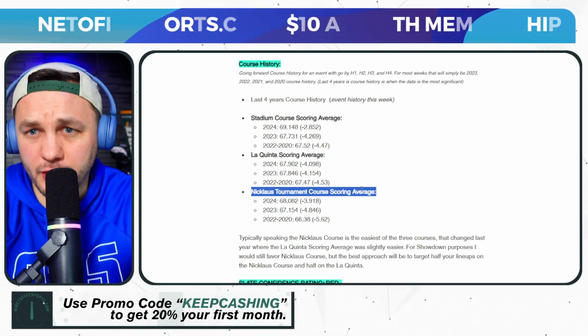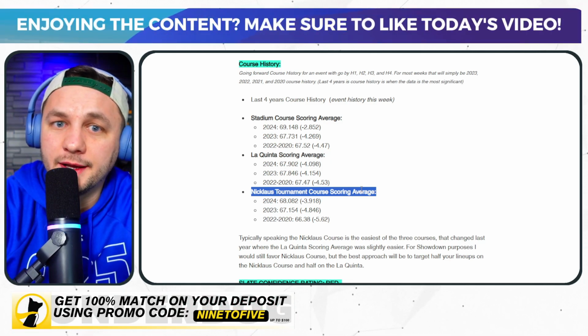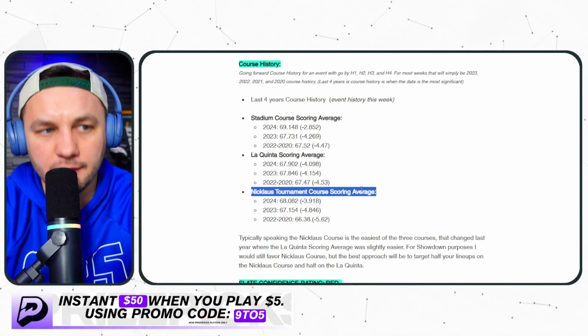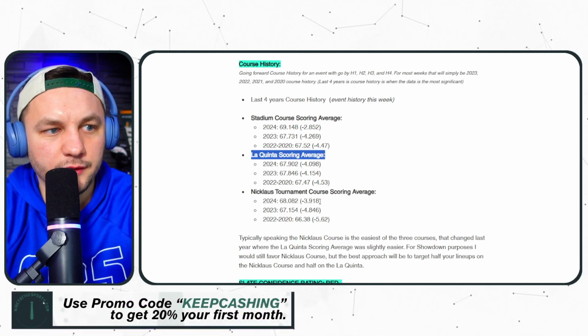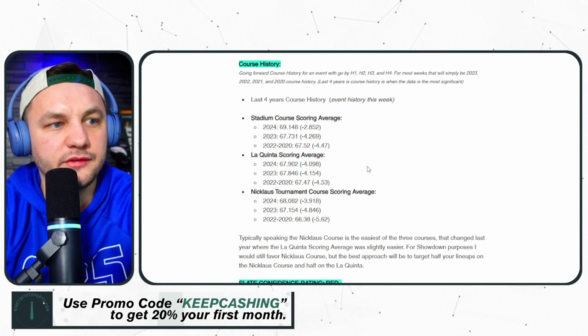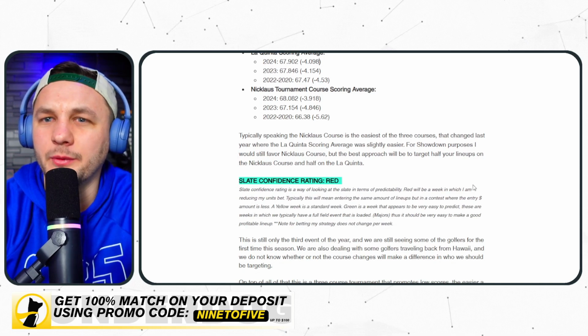So maybe if you're doing showdowns, you want to be targeting that, or maybe a lot of under bets for lower scores where you're hoping that they score lower or make more birdies. You'd want to be targeting more of the Nicklaus course. Now, last year we did see that slightly change, where it was only almost like 3.9 under par, whereas the LQ course was much easier to score on. So a little bit different last year, but those are the two courses where we definitely want to be targeting